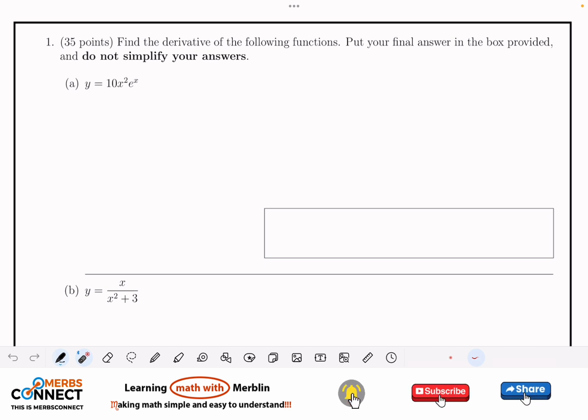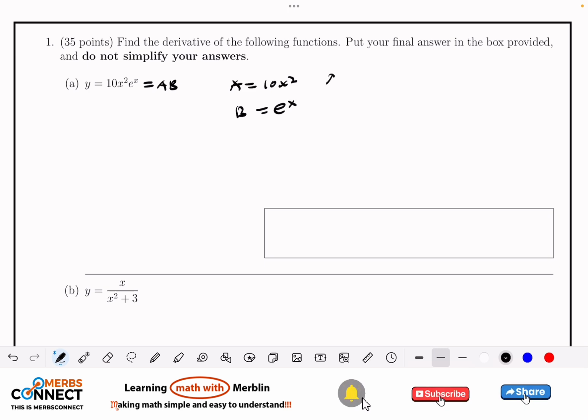The first one is to find the derivative of the functions below. We find the derivative and put our final answer in this box here. We have y equal to this, so we are going to use the product rule. Let's assume that this is equal to AB. Let A be equal to 10x squared and B be equal to